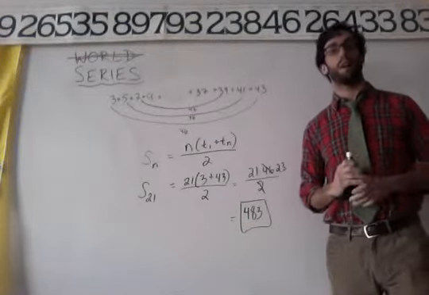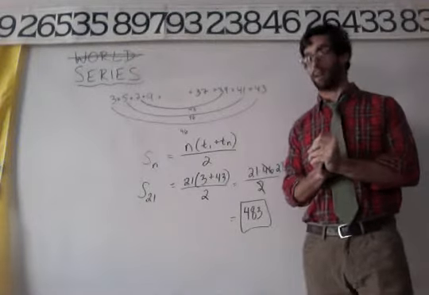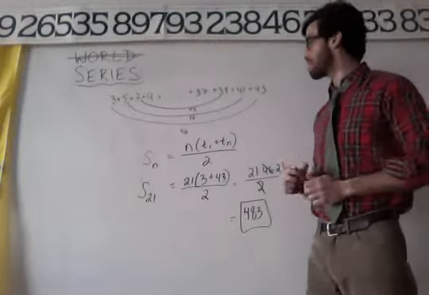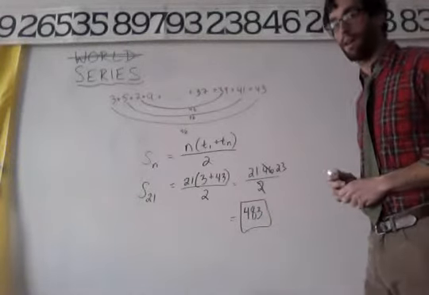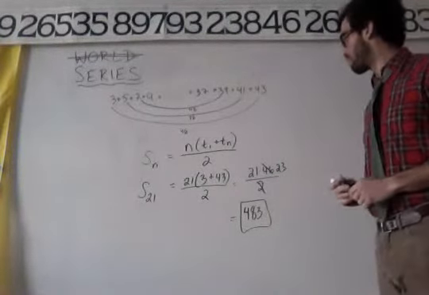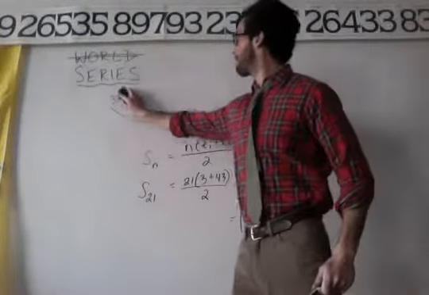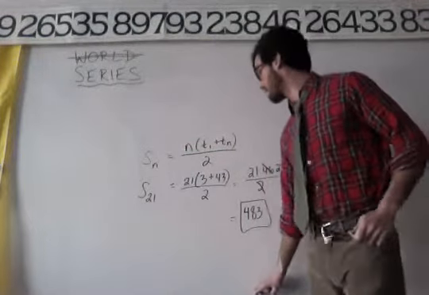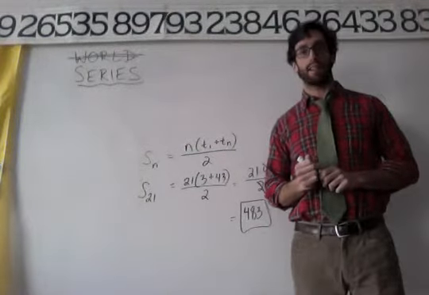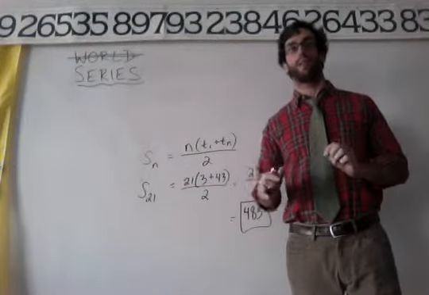Okay, that's how to handle a partial sum for an arithmetic series, right? This is arithmetic. All right? Now there's some new notation that comes along with this also, which I want to go through a little bit, all right? So let me erase this for now. Okay. Another way to write this partial sum, like if I wanted to give you a problem that said, okay,